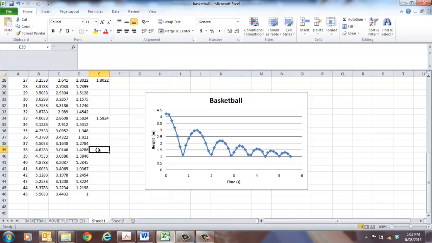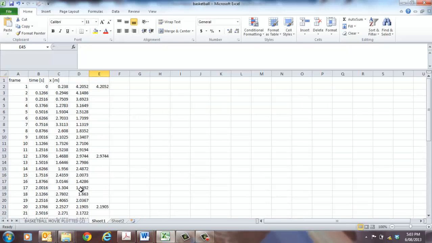So it's just a matter of working down rather than saving yourself some time. Now those particular values you could put into your table, and I'll show you what mine looks like in a second when I do that. So going to there, that's the data I actually want to plot. So if I highlight that data,